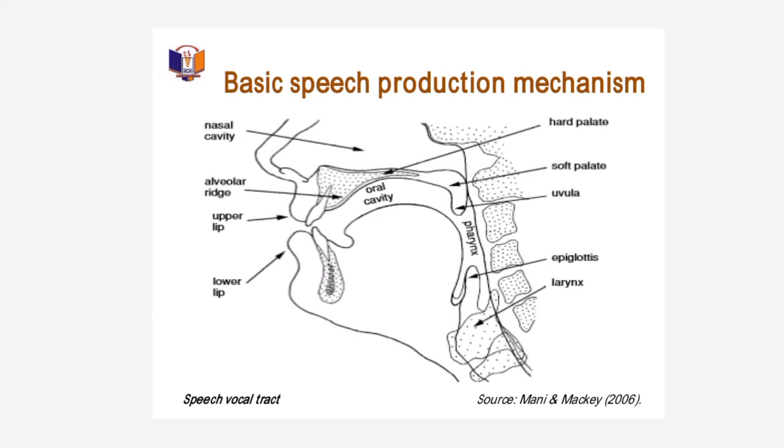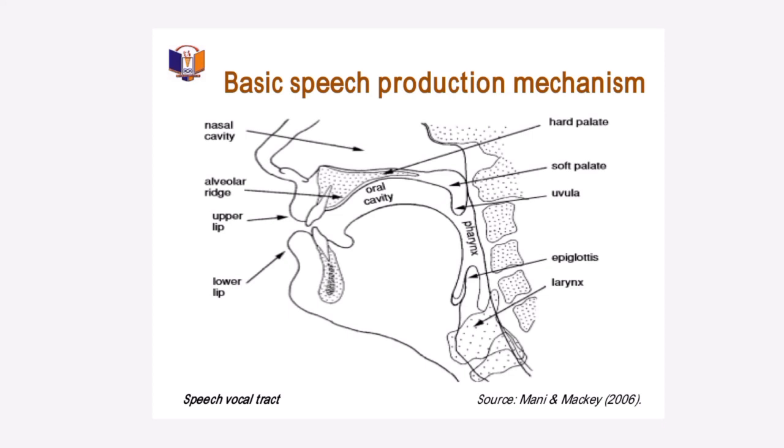Starting from the lungs, the air is pushed out from the lungs. It moves to our esophagus through the larynx. Through this larynx, the air passes through the glottis, epiglottis. Now, the epiglottis pushes the air through the pharynx. The pharynx gets to the uvula. Now, the air passes through the uvula. At this stage, it has to take either the nasal cavity or the oral cavity, depending on the type of sound to be produced.